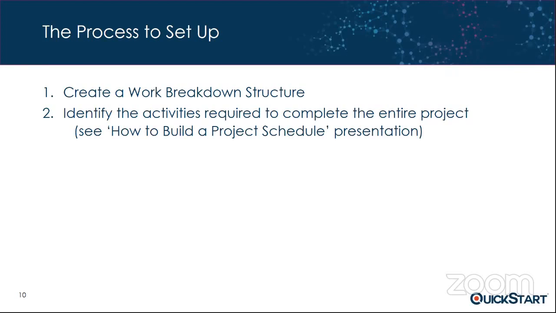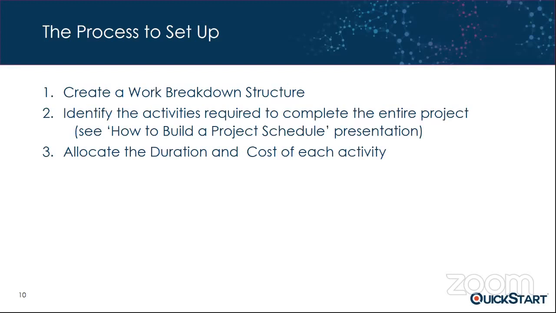And if you haven't already watched it, there's another presentation in the Quick Start series entitled "How to Build a Project Schedule," and it'll give you more details around how to create that work breakdown structure and then identify tasks to create your project. So you might check out that video. So once you've got those activities, the next thing that you would want to do is allocate not only duration, but also cost to each one of those activities. So we've got our activity identified, we have the duration variable or attribute tied to it, as well as the